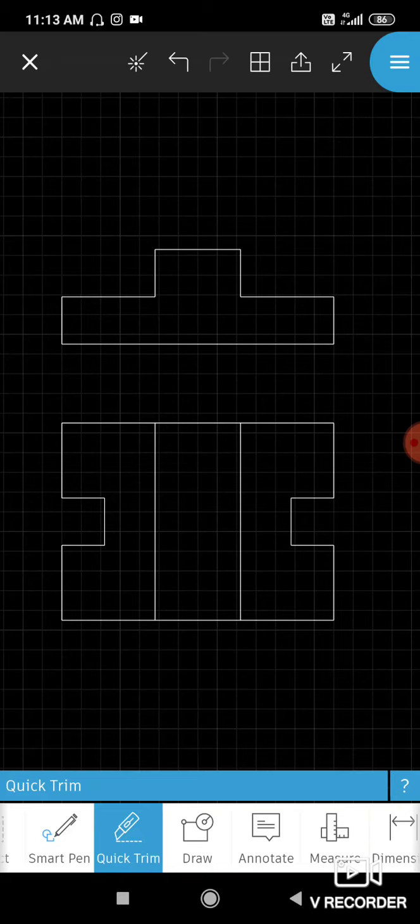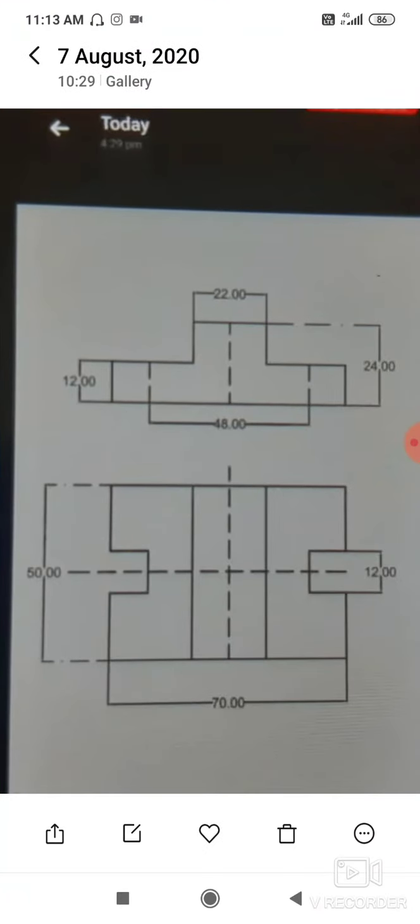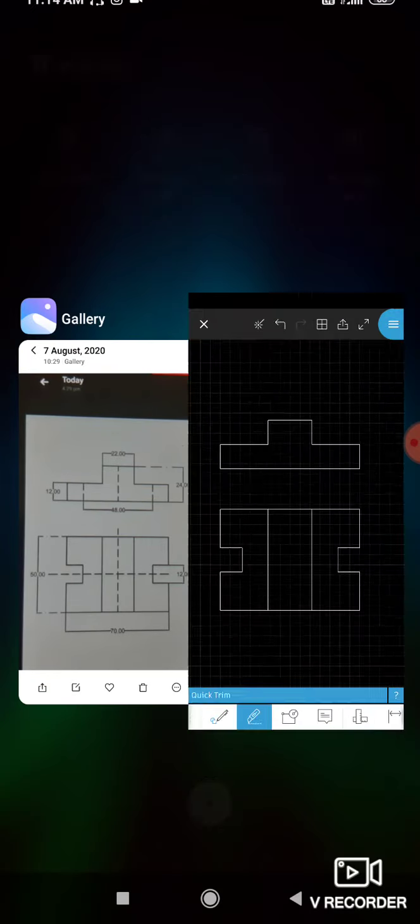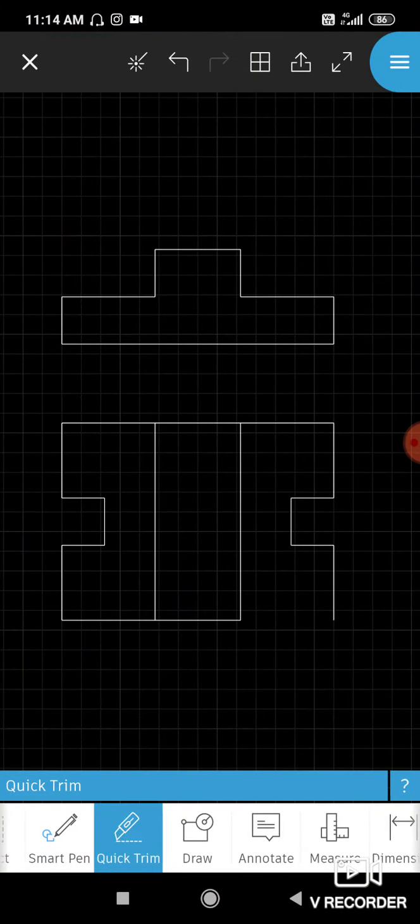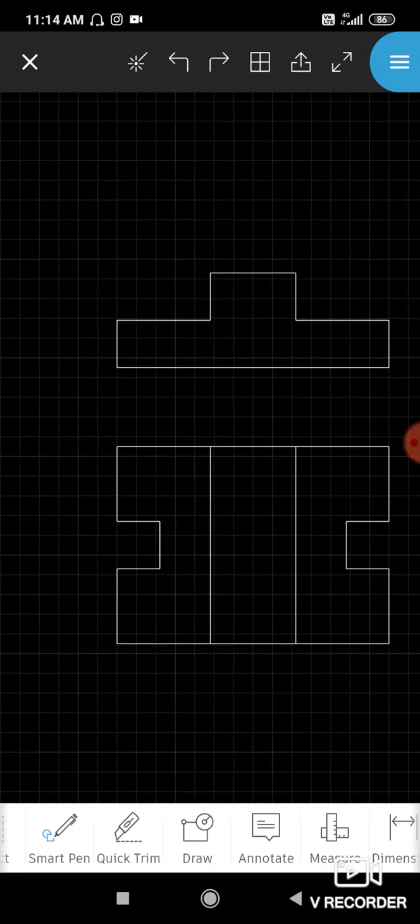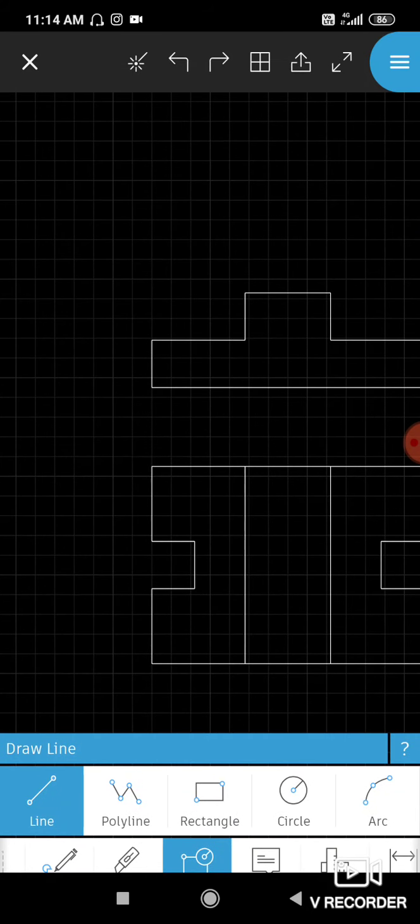I removed it. Now there is a dotted line, as this is the top view and this is the front view. Due to these grooves, we got a dotted line here. For that we can draw a straight line. Draw command, we can project this up.